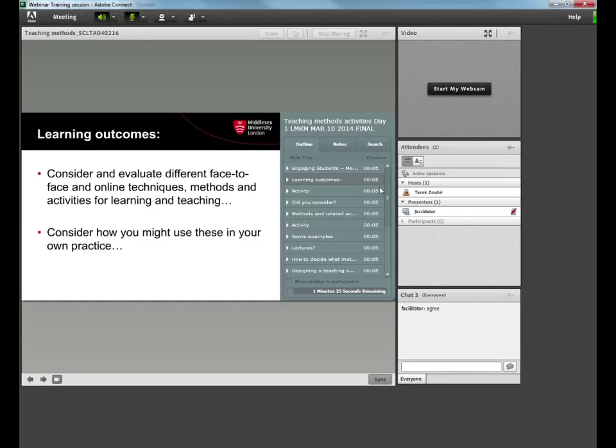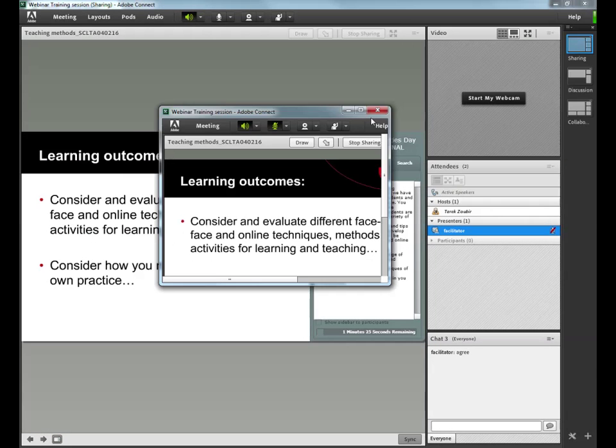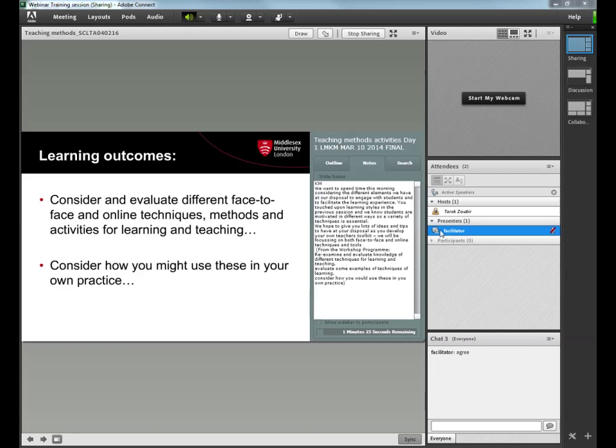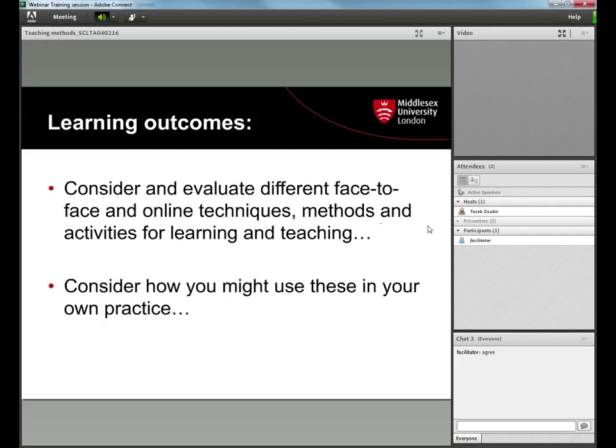So as I do that, it's also in this facilitator window, and that is because of facilitator access. If I demote that facilitator account, and just to show you what participants see, so here in this host, or it's a very similar view for presenters, we can see the slide, we can see the notes. Within the